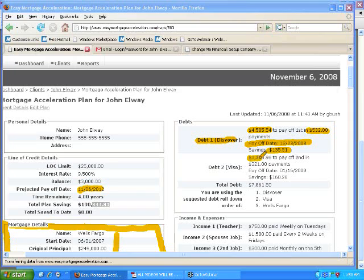On the Visa card, $3,300 is what we owe on it. We're going to have it paid off on the 16th of 2009. So just over 2 months here, we'll have that paid off. That's how much total debt we have. Here's what our debt roll down program is telling us to do, and it does tell us, yes, you are using the suggested